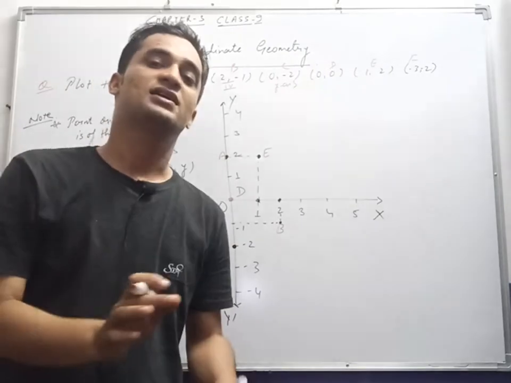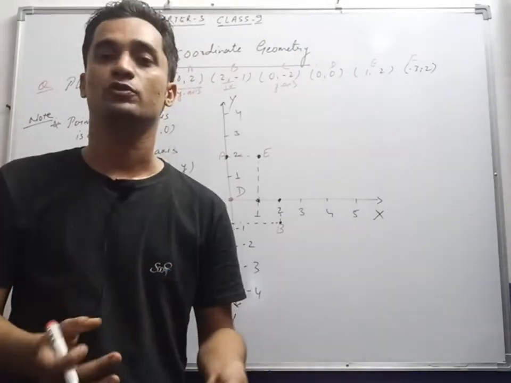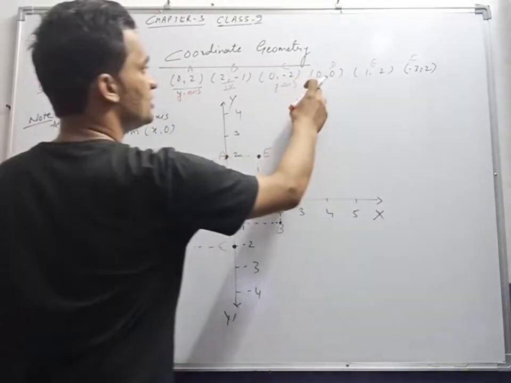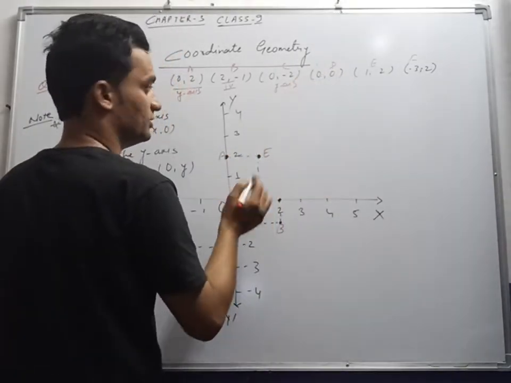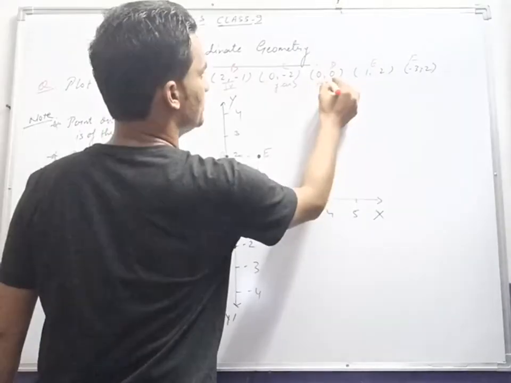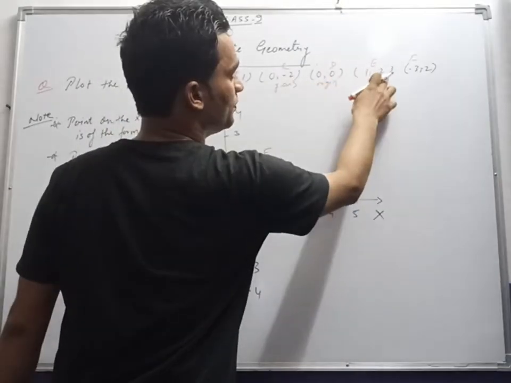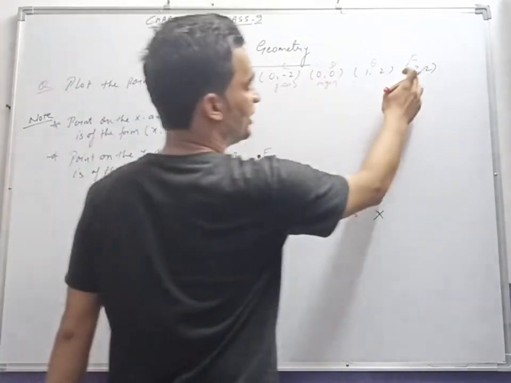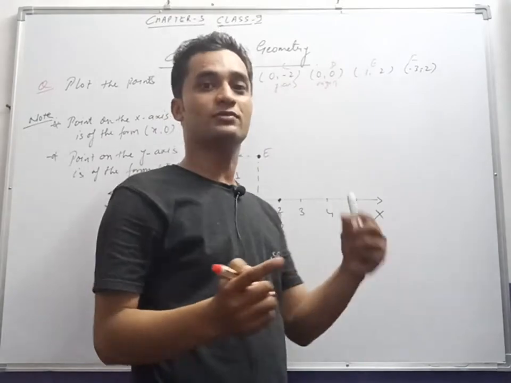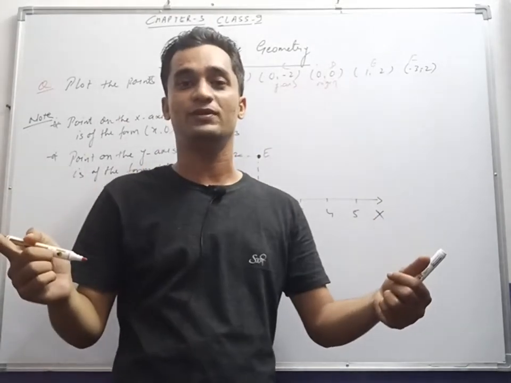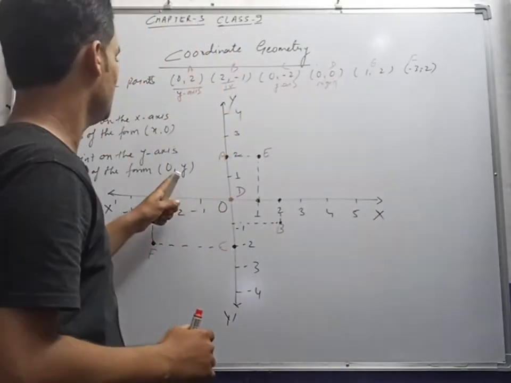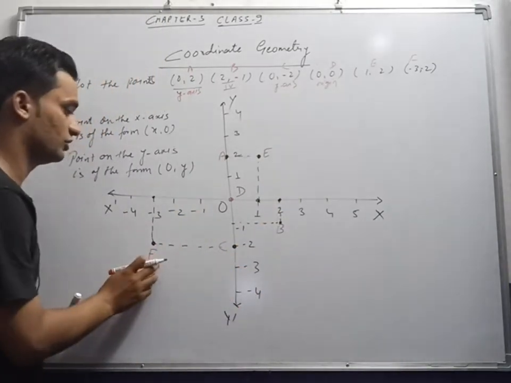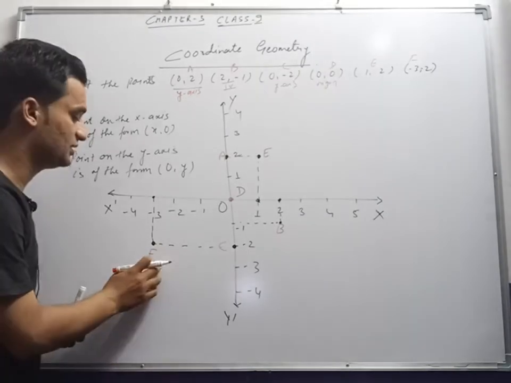Don't say, sir, it is y negative or y positive. Axis only: x axis and y axis. Okay, don't worry. Then (0, 0), both zeros, it means origin, no problem. Then (1, 2), both positive, (+, +) first quadrant. Then (-, -) will be on the third quadrant. Sorry, this is the third quadrant.